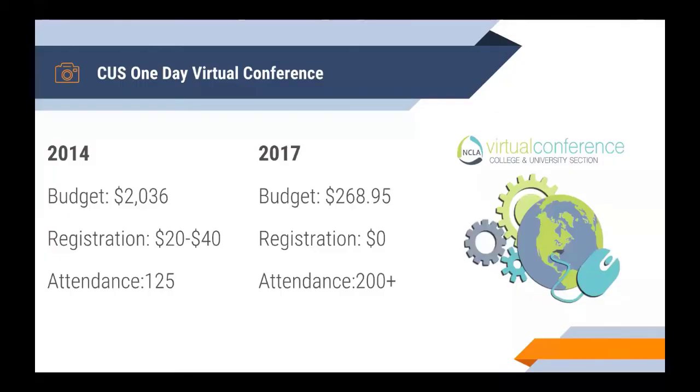So one of the cool benefits about having a virtual conference was the budget. Back in 2014, we did a face-to-face, seriously one-day awesome conference in Charlotte that went really, really well. But as you can see, our budget was over $2,000 because we had to decide on a city in North Carolina. If you've ever been to North Carolina, it's not as big as Texas for all you Texans out there, but it's pretty long to get from one end to the other. And so we wanted to find a centralized place, which Charlotte kind of worked for.